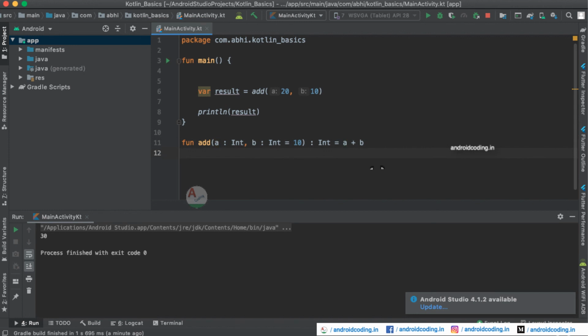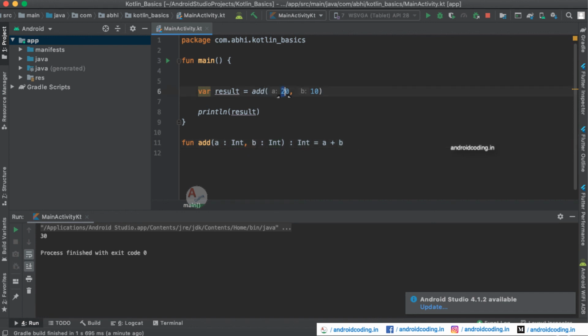What we are doing here is we are accepting two variables and here we have provided a default value for b, 10. You can just skip it for now. Here we are providing a return type int and here we are adding a plus b.